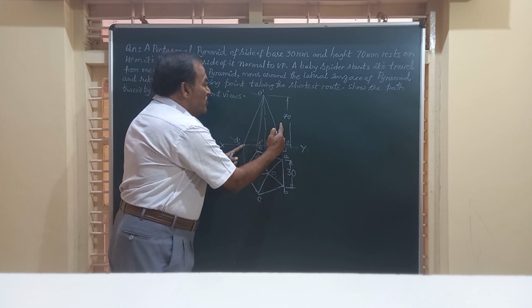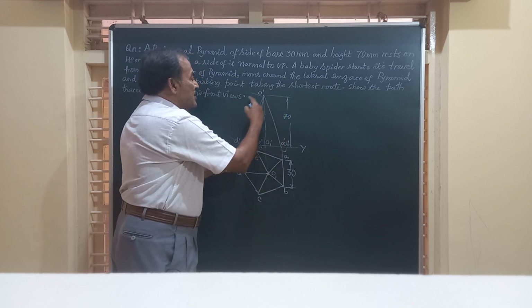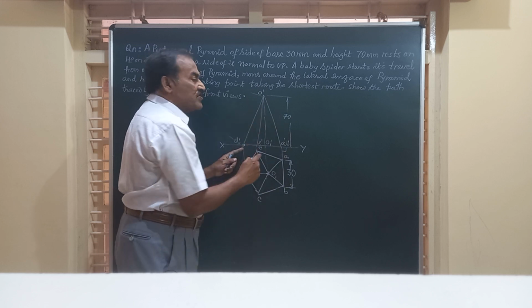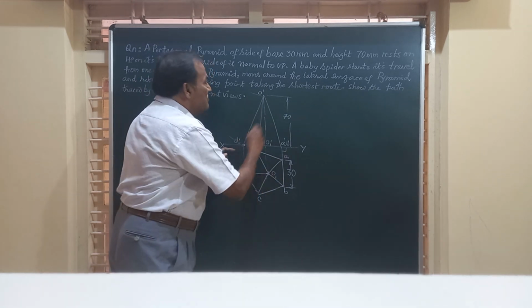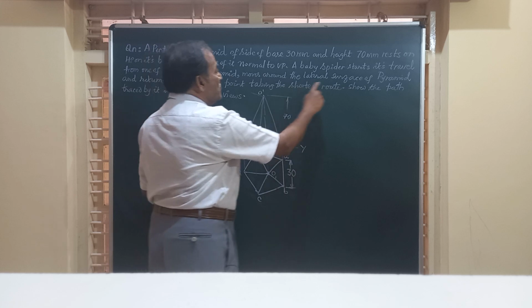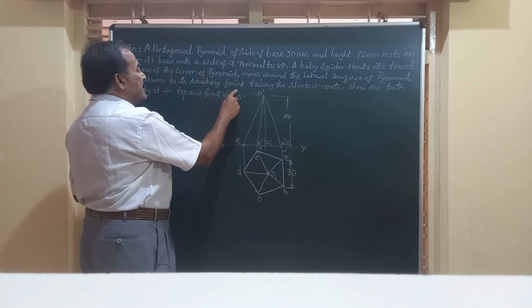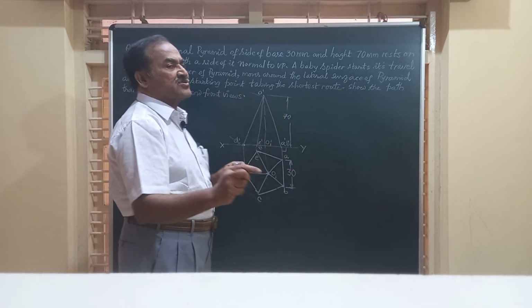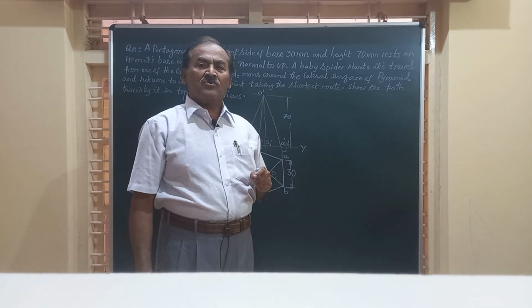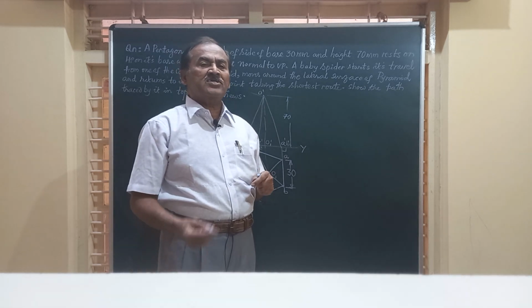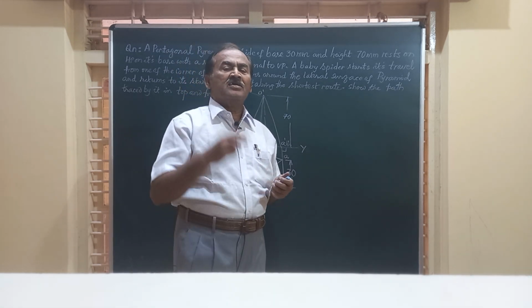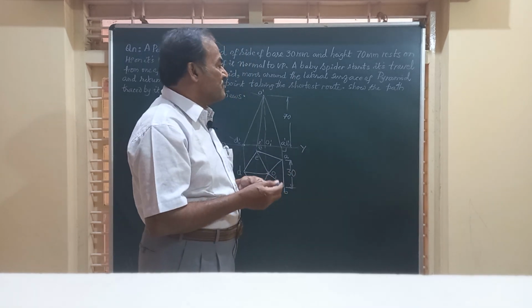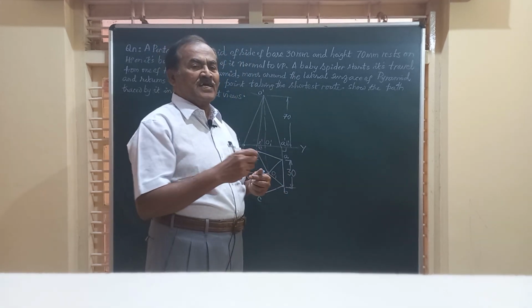It goes around the lateral surface of the pyramid and comes back to the starting point, taking the shortest route. So friends, to draw its path traced in the top and front views, we need to know the development